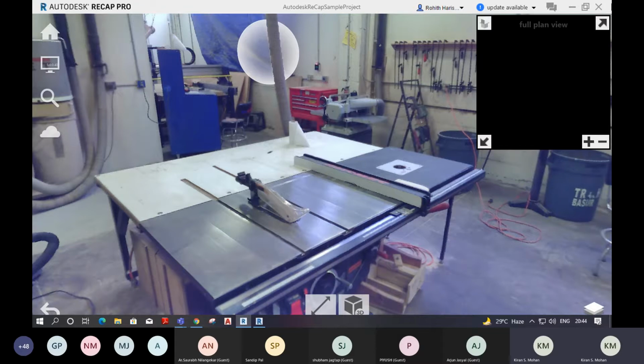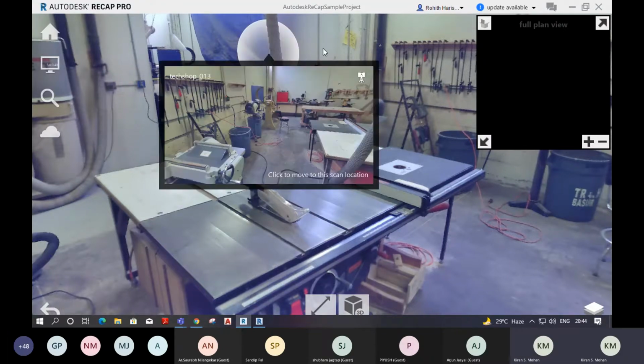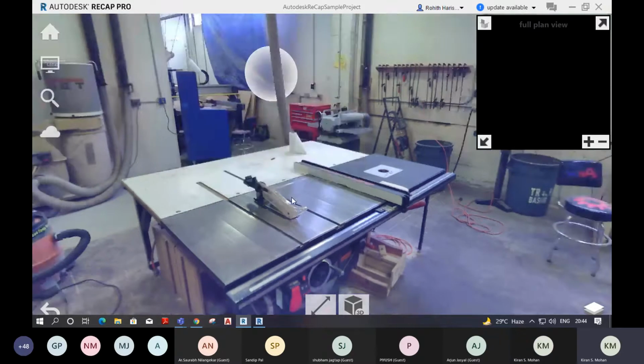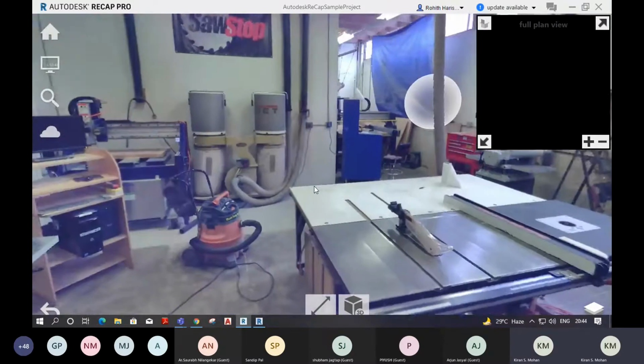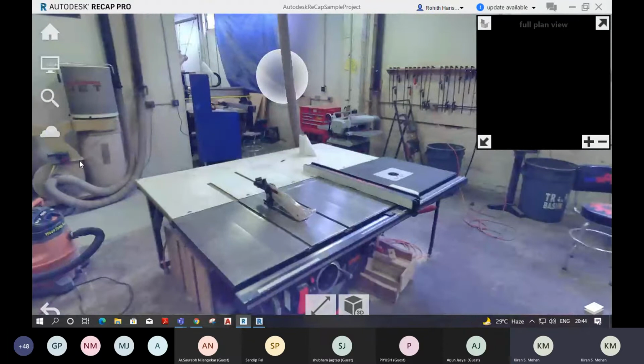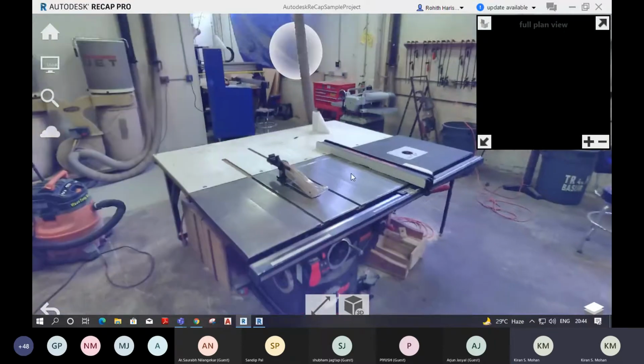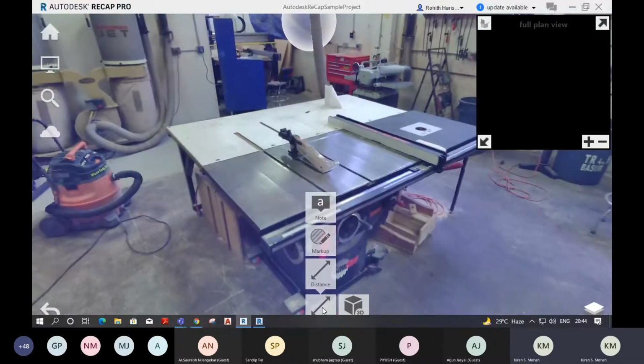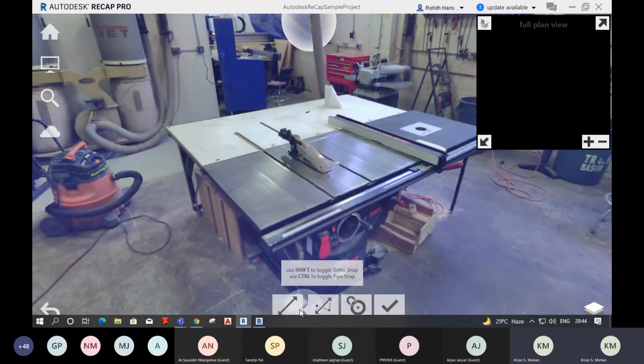Okay, and Recap Pro is relatively easy to use, but you will not get many options in Recap, because Recap is produced by Autodesk. By using this Recap, you can just review the model and measure the distance. If you want to measure the distance, you have an option here. You can go to distance. In the middle of your page, you can see an arrow or annotation tool. Inside this annotation tool, you can select distance. Just select distance. Here you can select the first option.